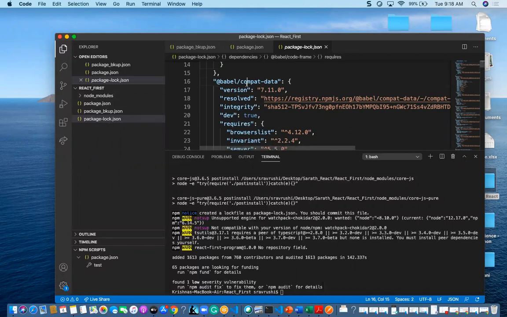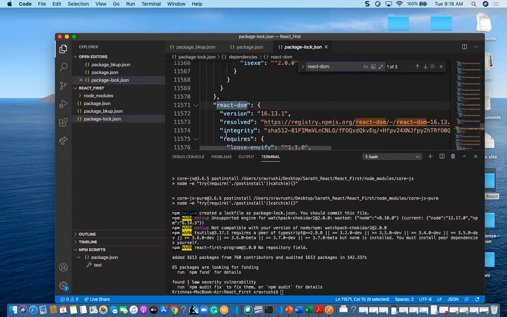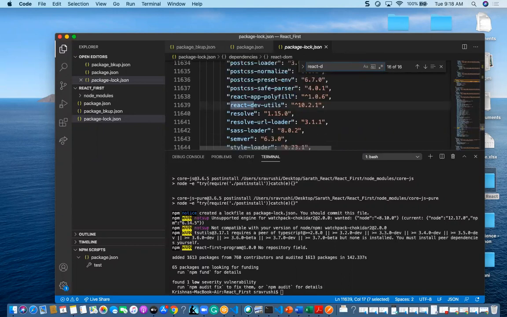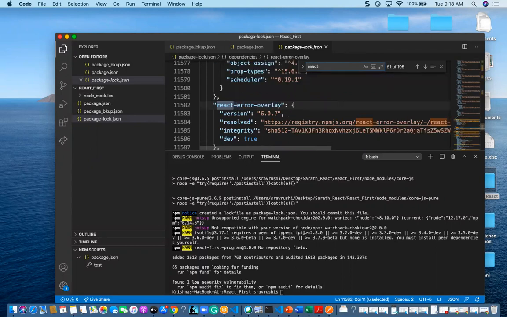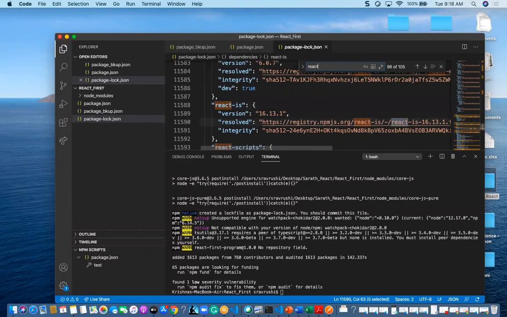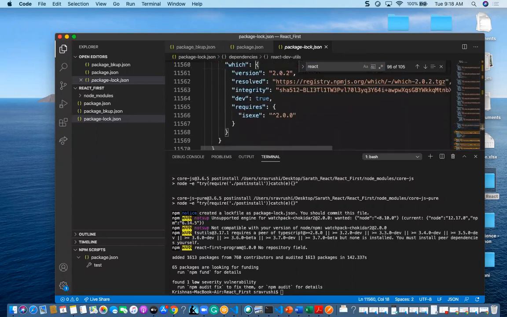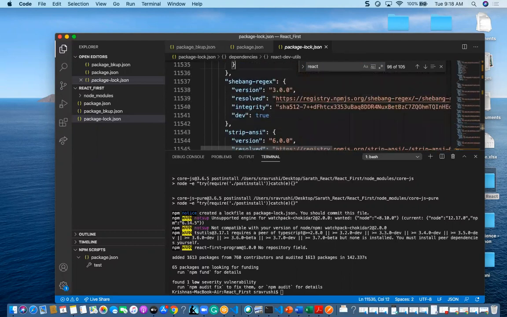If you see this is your module, likewise there will be several modules here, like React DOM. React DOM is also installed here, the current version it has installed is 16.13.1. And React scripts is also installed, 3.4.1. And the React one will also be installed here. All the dependencies and dev dependencies will be installed in your application.